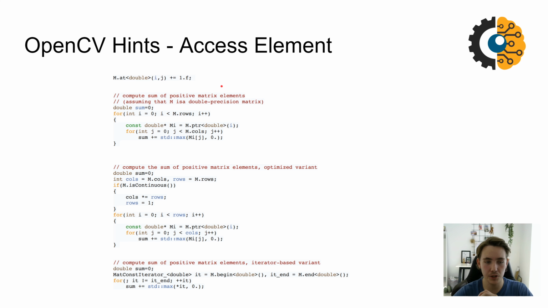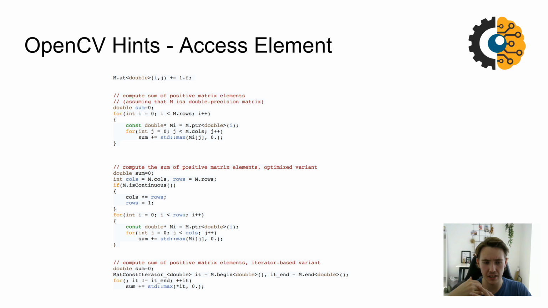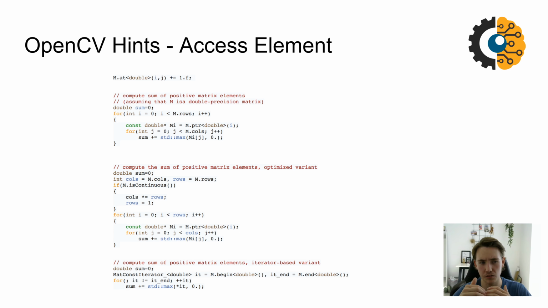in our image. And then we can also compute the sum of positive matrix elements and stuff like that, where we just go through all the picture pixels in our image. Here we just have another operation where we use iterators, where we're just running through all of the elements in the matrix. So it can either be a matrix that we set up ourselves or images, and you can go more in depth with these code examples or look them up in the documentation if you want to, or else we'll just jump into the code and I'll show you some examples of how to use some of these smoothing and